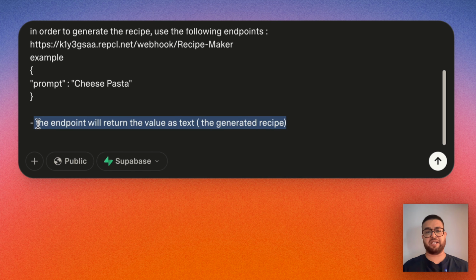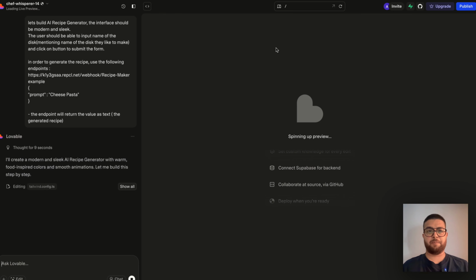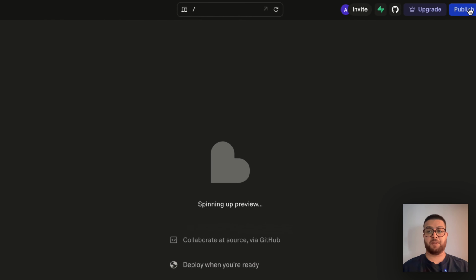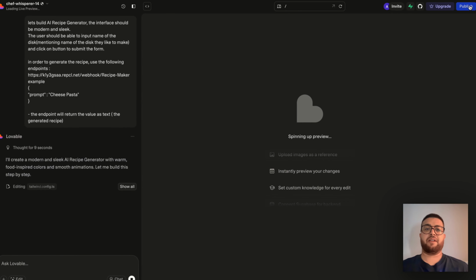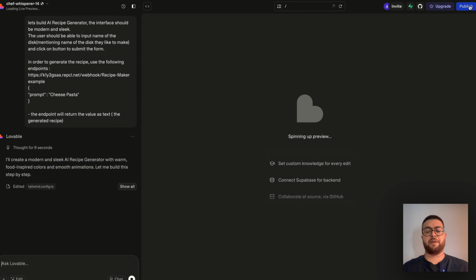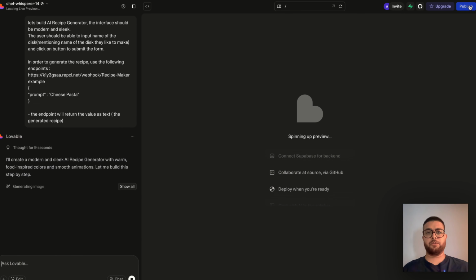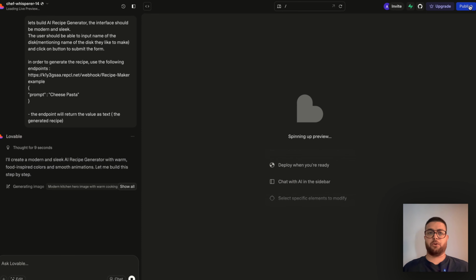So we can click here and it would start coding it. And there's going to be a preview here. We can also publish that, so you can give the URL to anybody. There's going to be an active app that you can interact with whenever you want, rather than you vibe coding it locally on your computer. Lovable is actually much more functional than any other vibe coding software.